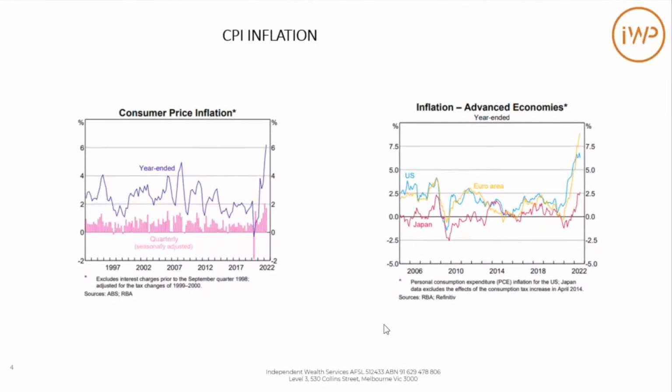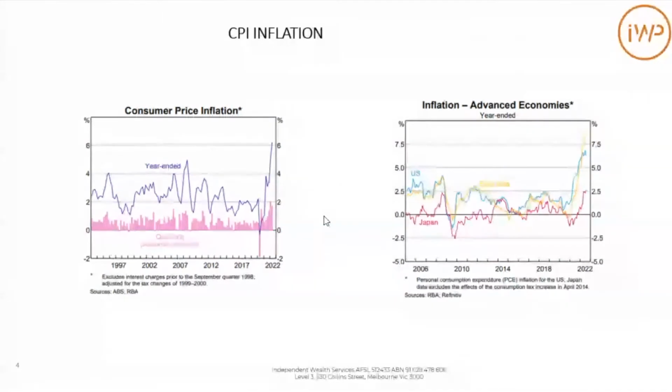Certainly, inflation in advanced economies continues to be problematic as well. If we're looking at the euro area, it's up around 8.5. The US is probably looking at close to a 7% print. The UK, I know, was looking at 10 at one point. So it's becoming problematic. Even Japan, which hasn't had inflation for a long time, is around 2.5%, which is actually quite a good number. So that continues to be a theme and a problem.